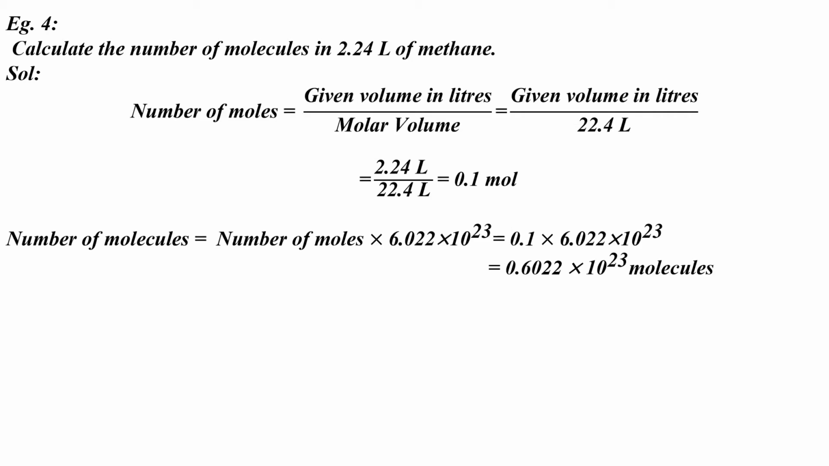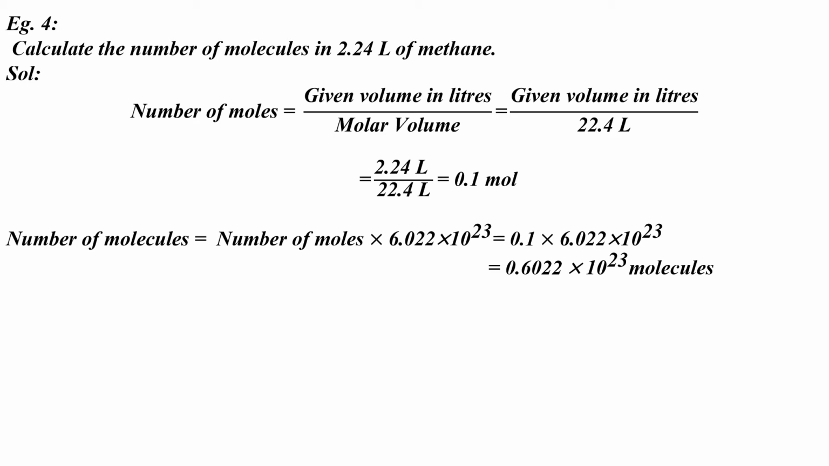Let's move on to example 4. Calculate the number of molecules in 2.24 liters of methane. Since methane is a gas and its volume is given in liters, we can use the formula number of moles equal to given volume in liters divided by molar volume. What is the volume given to us in liters? It is 2.24 liters. And the molar volume of any gas at standard temperature and pressure would be equal to 22.4 liters. Now substituting this in the denominator and substituting 2.24 liters in the numerator, we get the answer